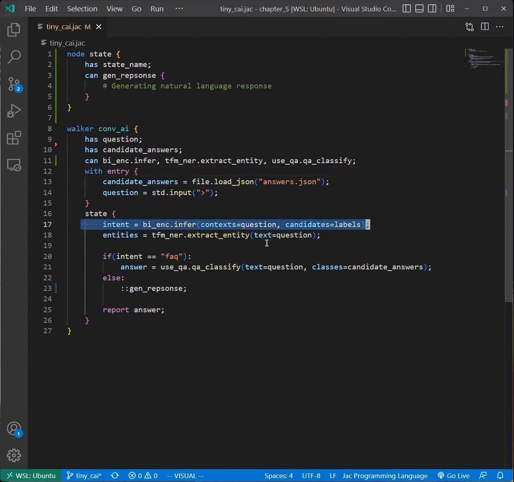As you can see on line 17, line 18, and line 21, this is how you invoke a function from an AI model in the JAX language. You simply need to call the particular functions that are supported by the AI model, and behind the scenes, when the Giuseppe runtime detects an AI model is needed, it will automatically spin up the corresponding microservice,